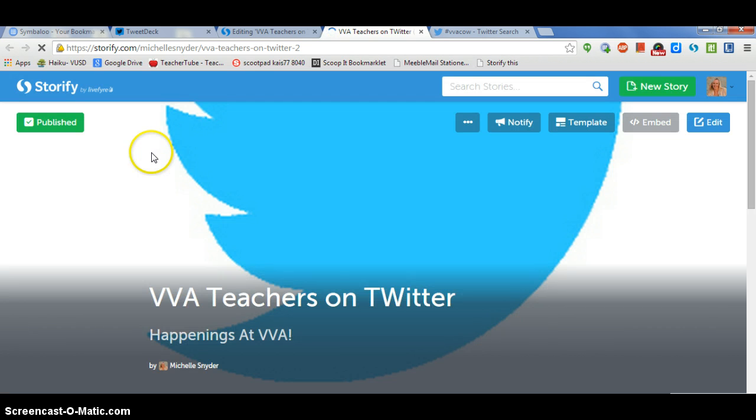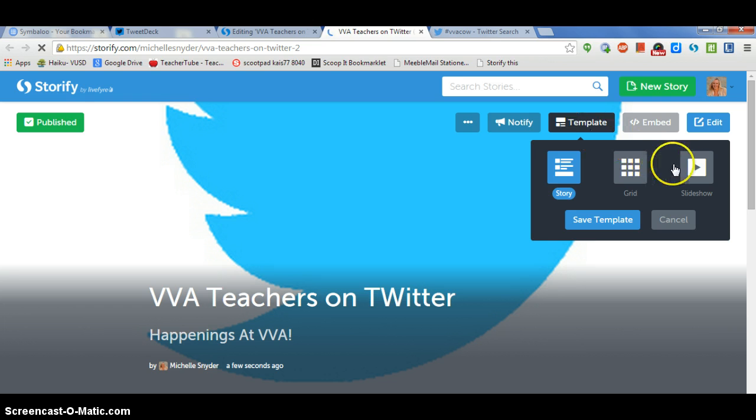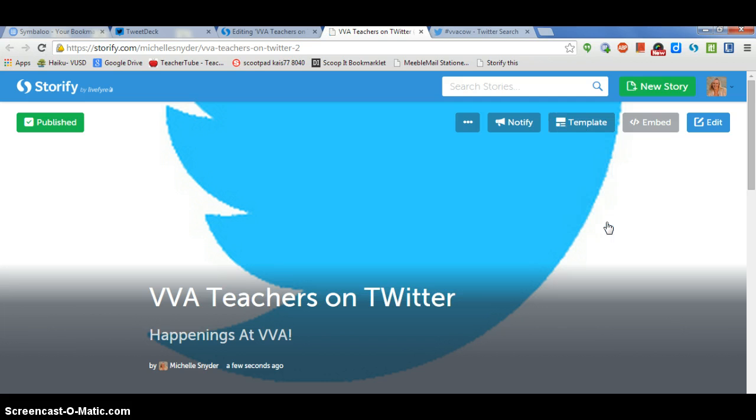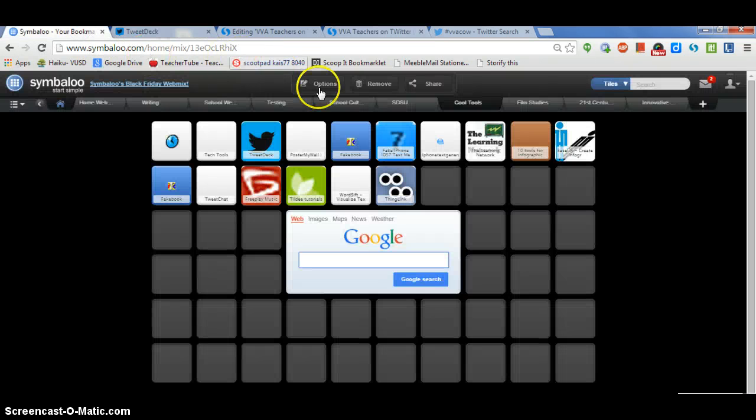This takes a couple of seconds. And now I like to click on template. And this looks really great if you create this as a slideshow. Save template. And now, if I go to embed this,